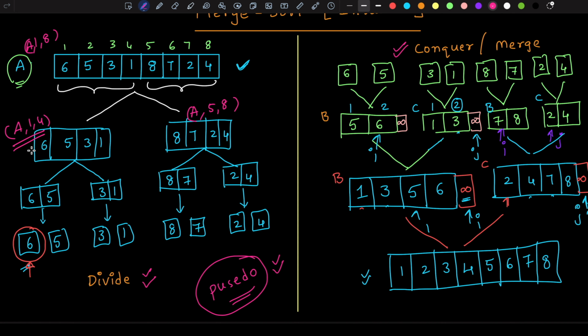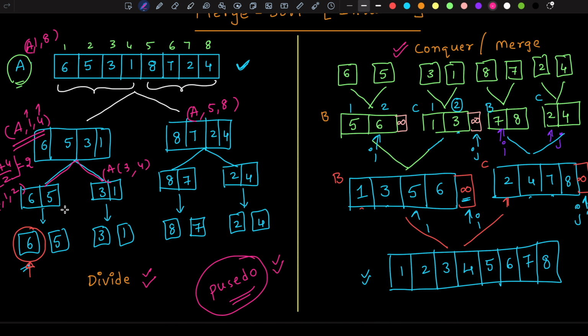So when I call this function, again I will go and check the condition. Here p and r are 1 comma 4. I will check the condition. If this condition is satisfied, first compute the q value. So q will be what? 1 plus 4 by 2. I'm applying the floor to this number, and you will get the value 2 here, right? Now again I'm going to call this function A comma 1 comma 2 and here A comma 3 comma 4,